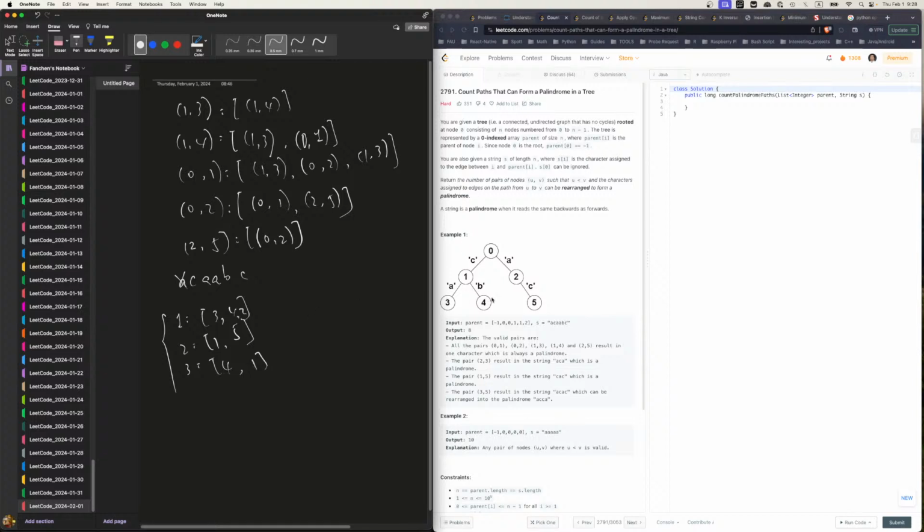So 3 will connect to 4 and 3 connects to 1. That's correct, right? This connects to this and this connects also. Yeah, also 1, 0. That's true. We also have 1, 0. Right? 1, 3 connects to 1, 4 connects to 1, 0. So 3 connects to this, and also because